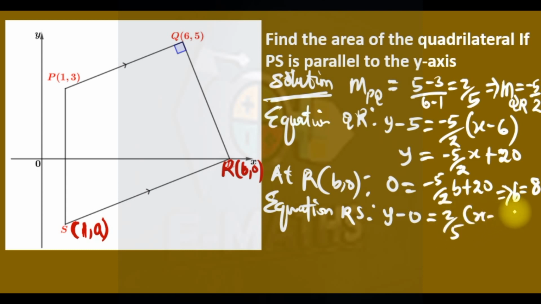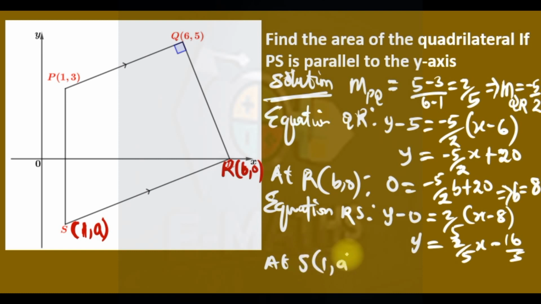x minus b is 8. So we have that y is 2/5 x minus 16/5. So at x, which is 1, y is a, meaning substitute y as a and x as 1: 2/5 times 1 minus 16/5. So this is minus